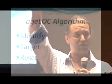Now we talk about the ageLOC algorithm. There are 3 components to it. Identify. We're talking about identifying genes